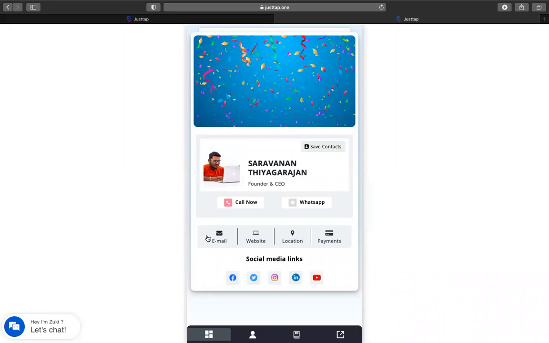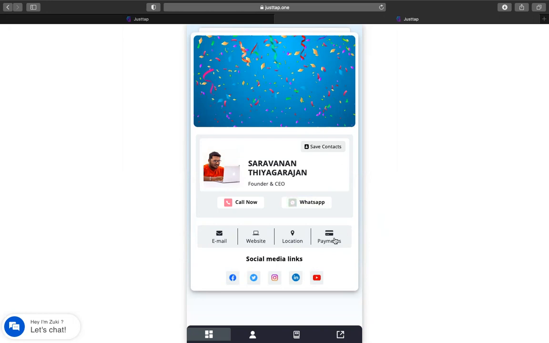The first part is completely going to be your digital card. Yes. So here you can add your customized banner. You can design your banner according to your own needs, and you can upload it from the backend. You can have your profile picture here. You can add your name, your designation, your contact number, your WhatsApp number. Let's say when someone is going to click this WhatsApp link, you will be directly redirected to WhatsApp. And you can also add your email ID, your website, your location, more importantly, payments.